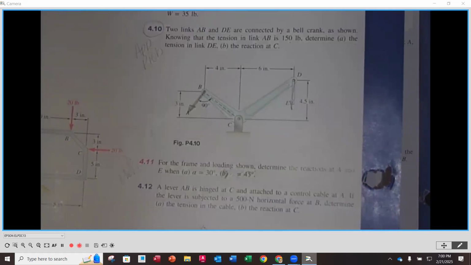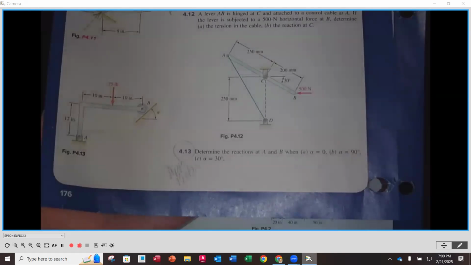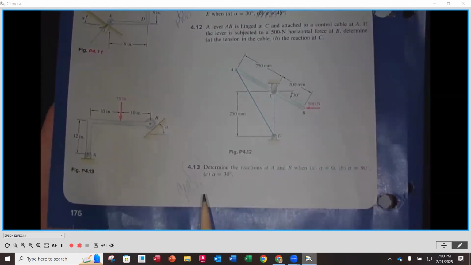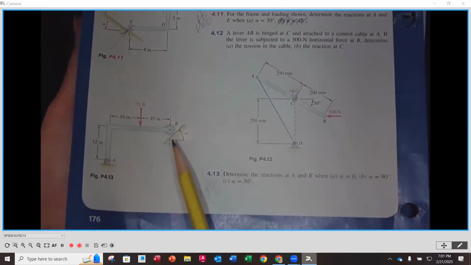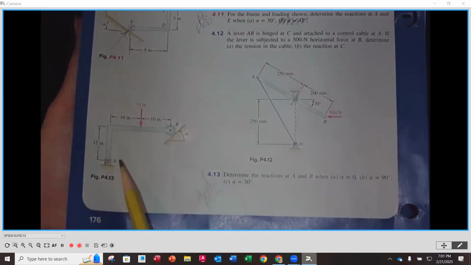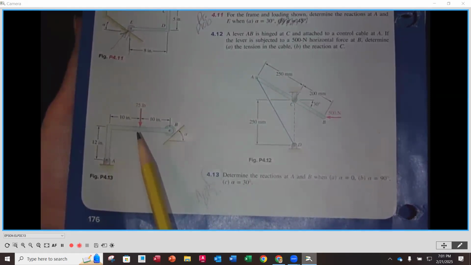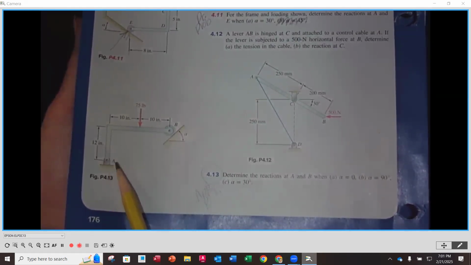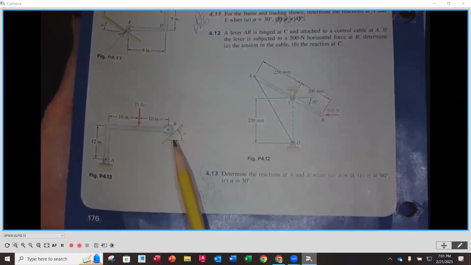The next one that you have to do is 13. Okay. 13 is at the bottom here of page 176. And it is going to be the illustration that you see here on the left-hand side. Here you have an L bracket. You've got a force of 75 pounds. You have a pin at A, so an X and a Y reaction here. And then you have a roller at B that is up against a